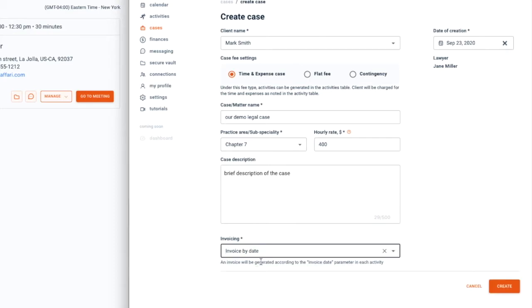With this feature, Jane can send out invoices daily or on specific dates. For instance, if Jane selects daily invoicing, an invoice is generated based on Jane's activity log for that day. That invoice is sent to Mark on the same evening. We believe this feature can help promote a closer communication and engagement level between attorneys and clients that currently may